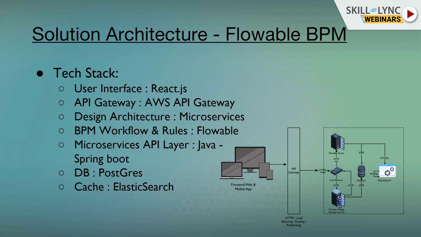Normally, most of the products or organizations I work with have their own user interface, which you can design in Node, React, or Angular, whatever is best suited for your organization. An API gateway you can use for integration. Then the design structure is mostly microservice, where all the components can be developed and deployed as a single microservice. And for the DB, it provides support for almost all databases like Postgres, Oracle DB, MySQL, in-memory database H2 DB, and also MongoDB, NoSQL DB. And for cache, as I mentioned, it uses Elasticsearch.